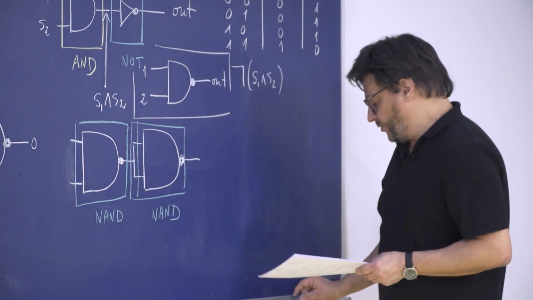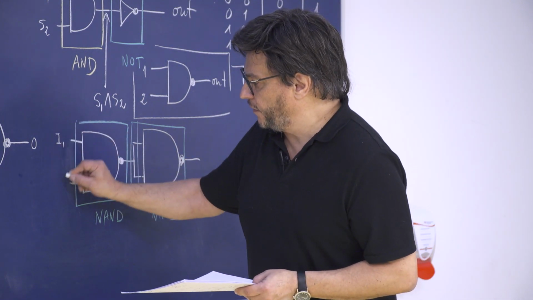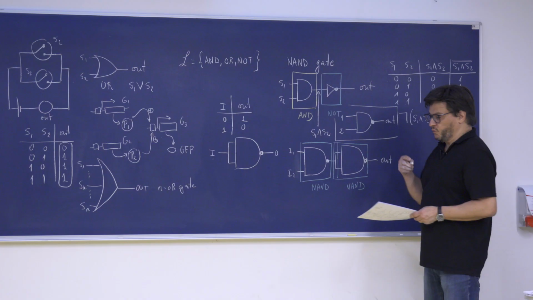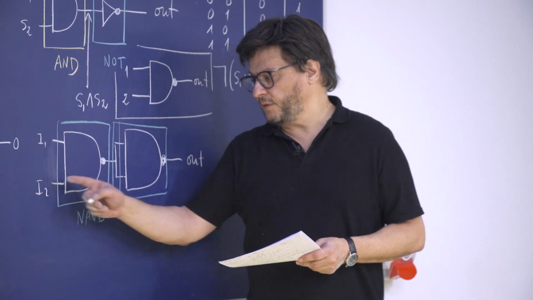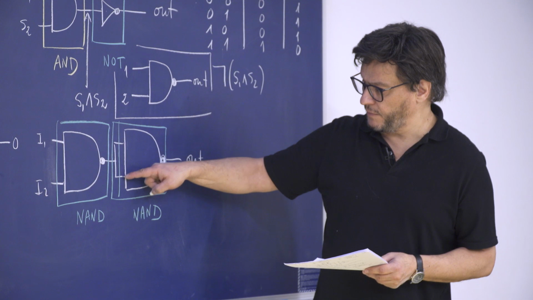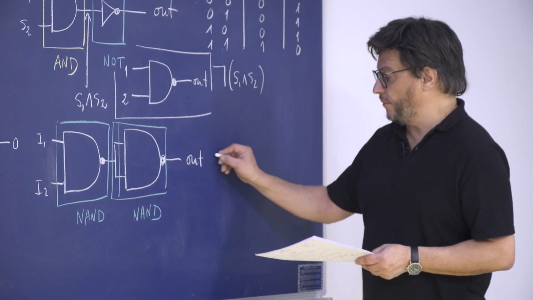And using this combination, I give you this as an exercise, very easy. Input 1, input 2, output. You have to do the same logic, right? Now you have to take the table here, look at what happens when you go into the NAND gate and you have the same outputs here, right? And you can show that this is nothing but